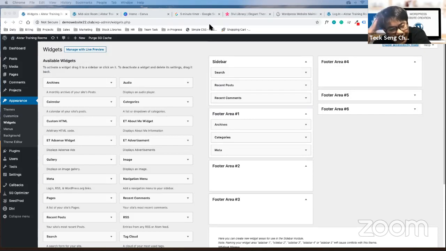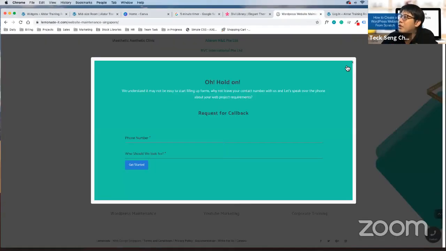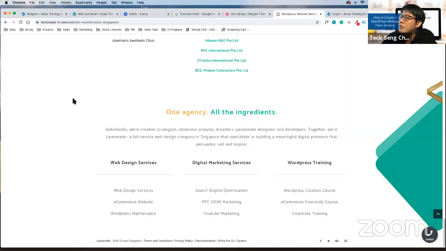Okay. Normally when you work on your side, the last part you can just come into widget and change the last part, which I will remove. Usually we don't work on the widget one, so the whole page will remove, then we'll put in our own section, design our own footer.